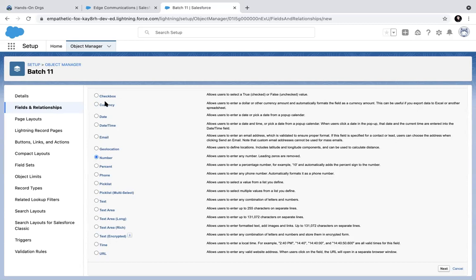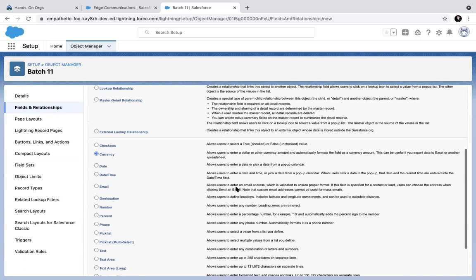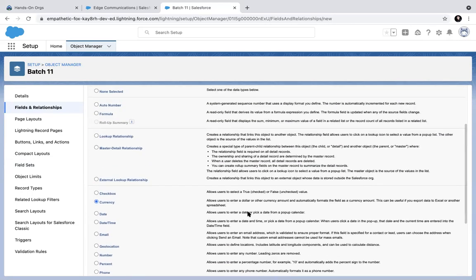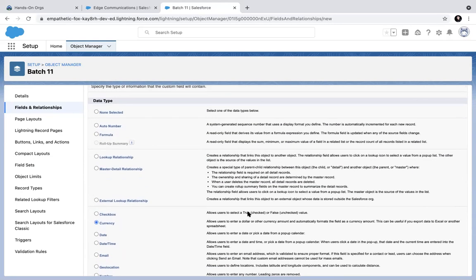Correct, absolutely. So if I did not have a currency field, what would I have had to do? I had to use a number field, along with a pick list value to choose the currency type. So two fields put together, baked in, is basically the currency field, right? So every data type has its own attributes around it, and we have to choose the appropriate data type whenever possible.